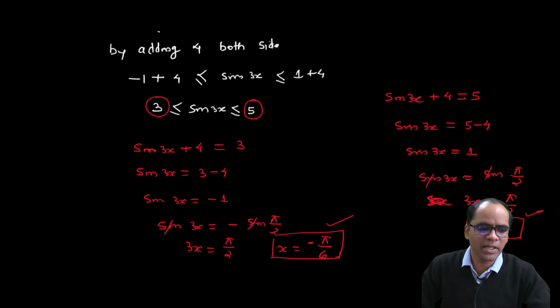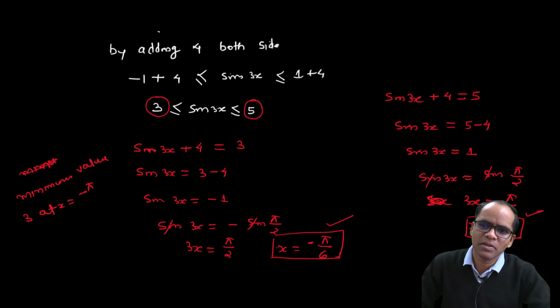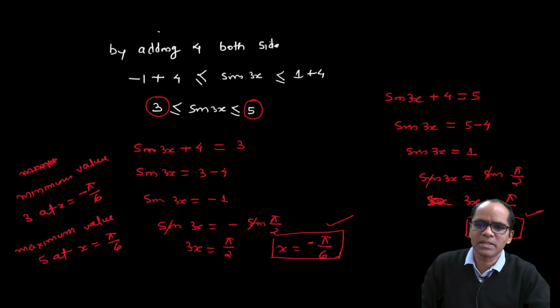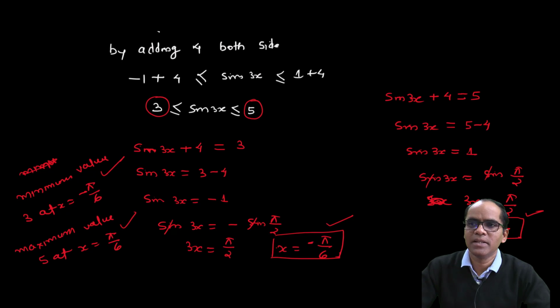So minimum value is 3 at x equal to minus pi by 6, and maximum value is 5 at x equal to plus pi by 6. So this is your minimum value and this is your maximum value. This is the answer. So like this you have to solve your